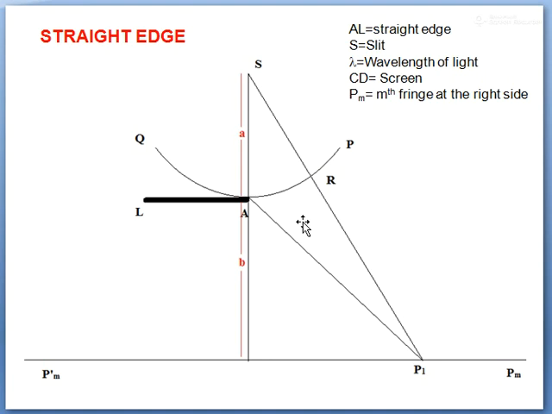PM হচ্ছে what the effect at the mth fringe on the right side, and on the left side that will be PM prime. এবং বুঝতেই পারছো যেহেতু L হচ্ছে একটা অবস্ট্রাকল, তার মানে লেফট হ্যান্ড সাইড এই যে বাঁ দিকটা, এই রিজিয়নটা will be geometrical shadow. এবং due to diffraction some light will enter into this geometrical shadow. Okay,